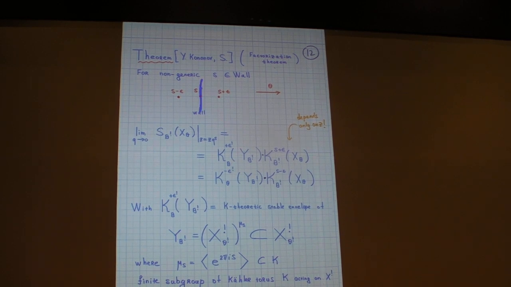Let's say I have a wall. Let S be some point on that wall. Let's consider generic slopes. By this I mean that I can shift this non-generic slope by some small deformation, plus or minus epsilon, in the direction of the stability condition theta. So I can always do that. So I have two generic points. Then the result is that